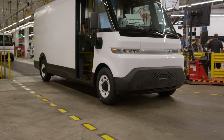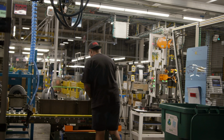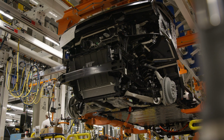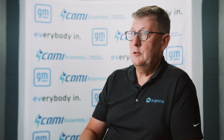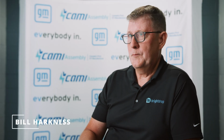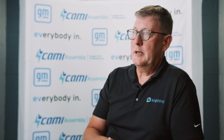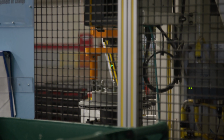Our mission at General Motors, we talk about it as zero, zero, zero. And what that means is we're focused on developing products and processes that enable zero collisions and zero congestion and zero emissions. And so at this plant here, this BrightDrop commercial electric vehicle, it's a really good example of that migration